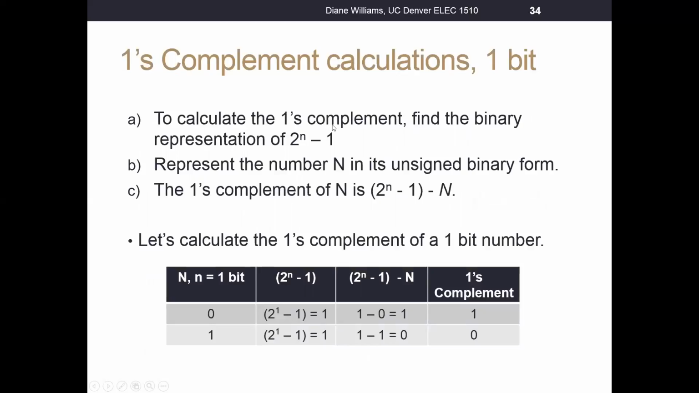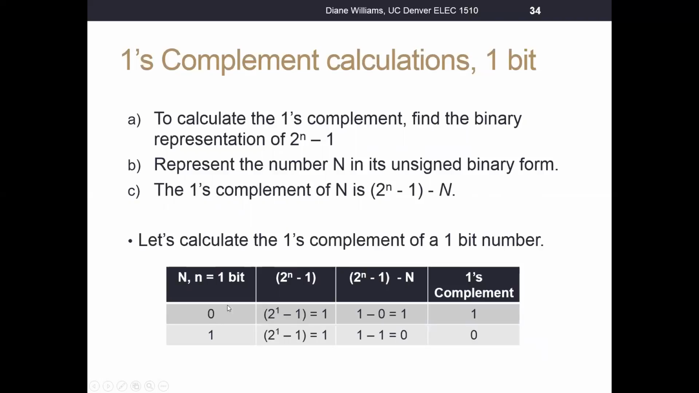So the first thing we do is we find the binary representation of the number 2 to the n minus 1. Right? We represent the number n in its unsigned binary form, and then the ones complement of n is 2 to the n minus 1 minus capital N. All right, so let's take a look at a 1-bit number. That's the most simple number we can have. So we're going to say that our number n here is 0, and it has little n 1 bit, right,